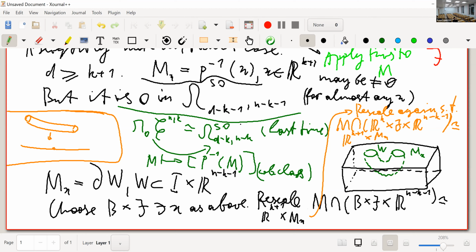Projected to R. Now, what is the preimage of a neighborhood of a regular value? I know the preimage of the regular value itself. It is mx. And when I take a small neighborhood, what happens is